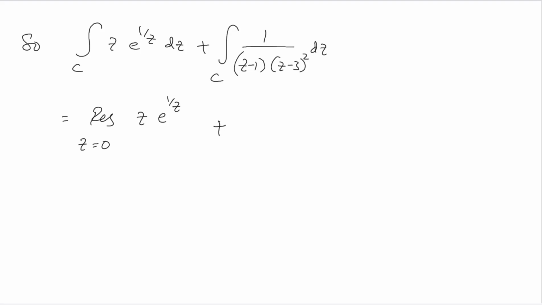And coming to the second integration, this is nothing but the residue of the function 1 divided by (z minus 1) times (z minus 3) whole square at the point z equal to 1. The only singularities of this function are z equal to 1 and z equal to 3. Of course, 3 is a pole of order 2, but since that lies outside this circle C, it does not matter. Only the singularities inside C matter. So I'm just considering the residue at the point z equal to 1 only. So hence in total we have